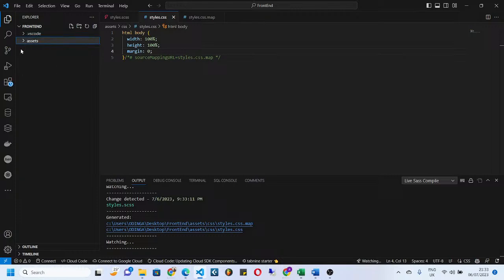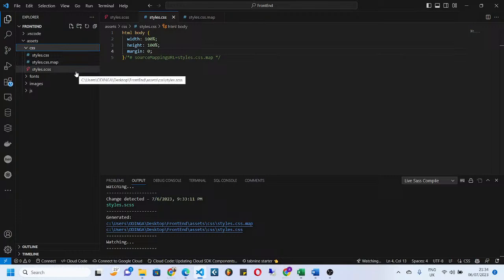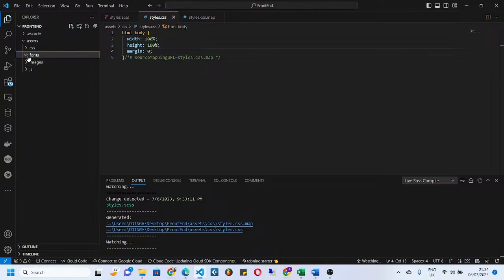So now we have created an asset folder. Inside the asset folder, we create a CSS folder, a font folder, an images folder, and a JS folder. Inside CSS again, we created styles.css and we create styles.scss. Don't forget that I'm not the one that created styles.css.map. Immediately you say watch, it will create this for you. And inside font, nothing, we don't have anything yet. Inside images, we don't have anything, and inside JS we have